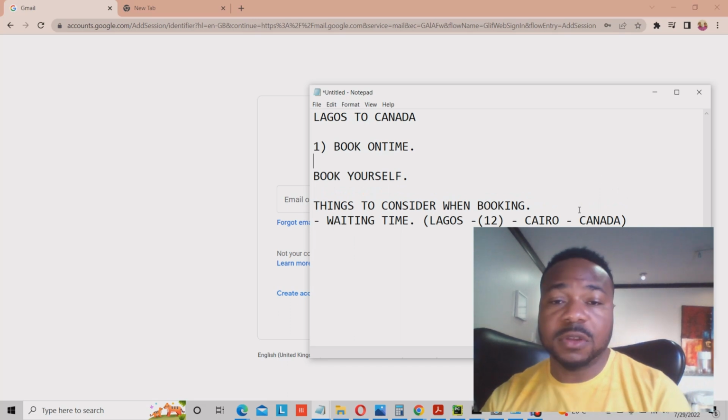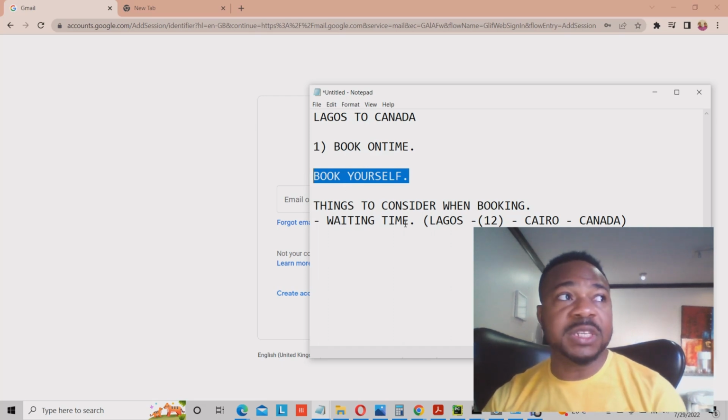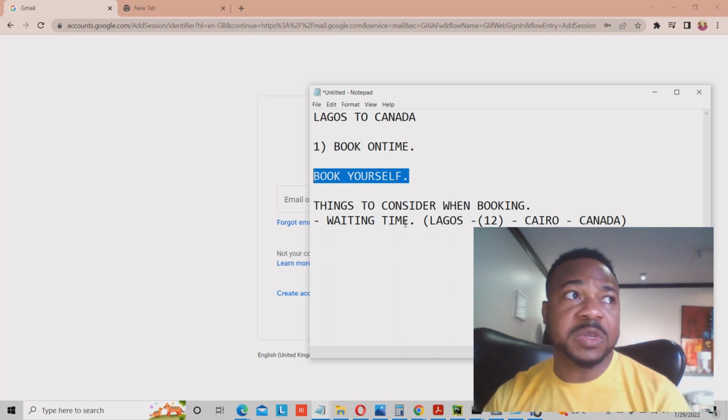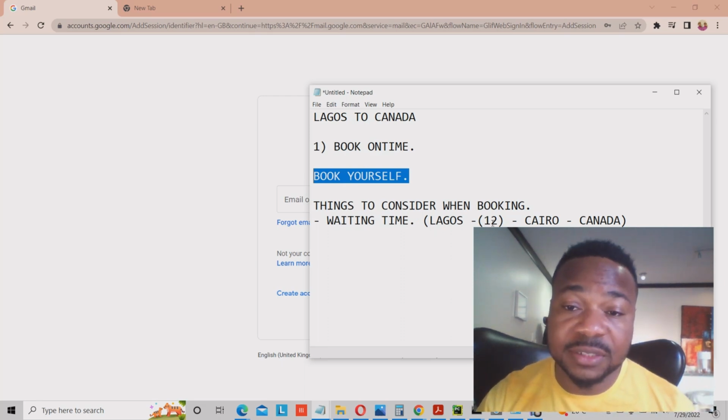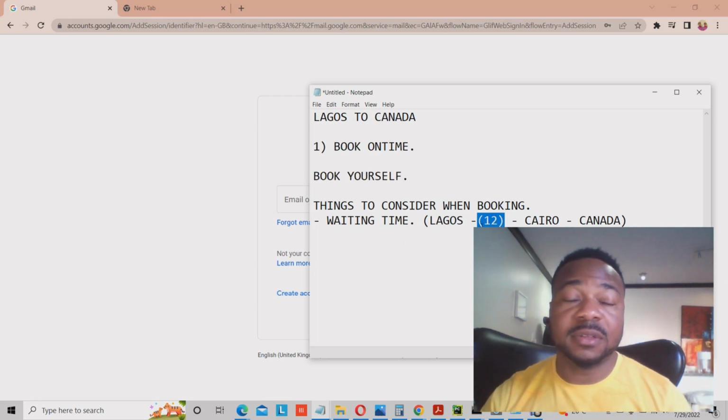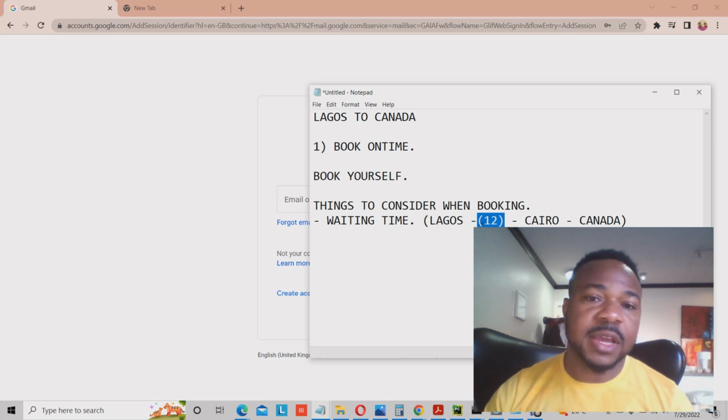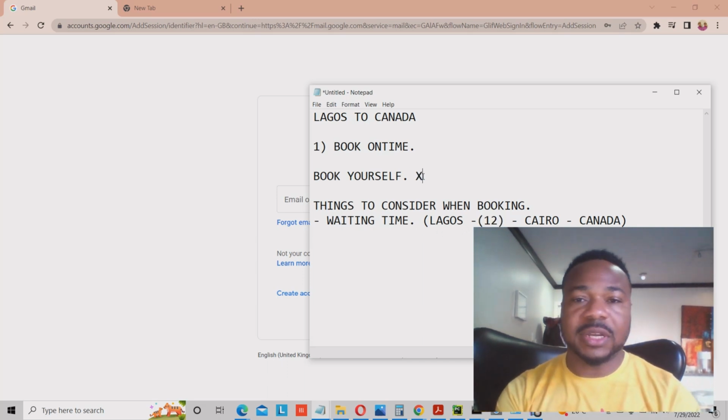Book yourself. You see, if you book it yourself, you will check the waiting time yourself. Oh, this particular flight waiting time is 2 hours. This particular flight waiting time is 5 hours. You see, but if you use an agent,